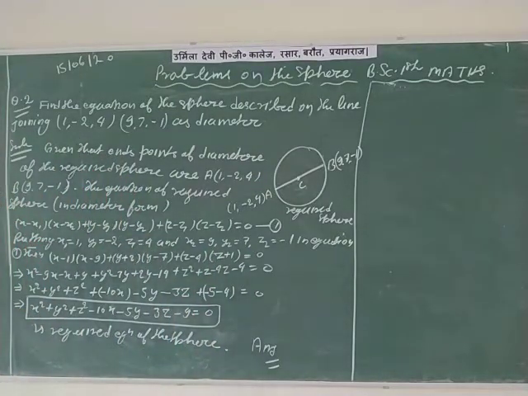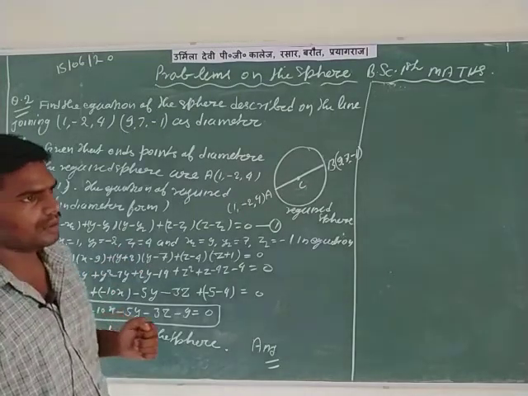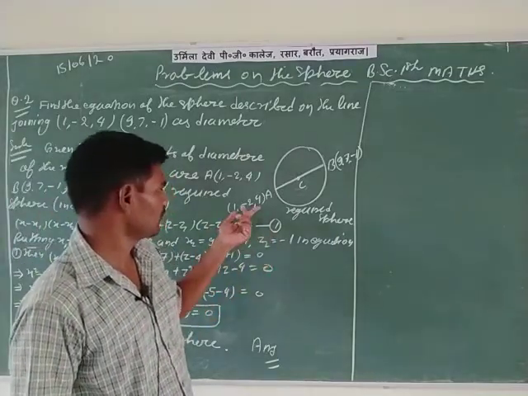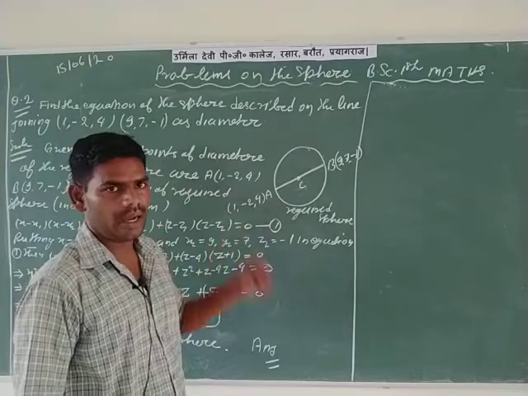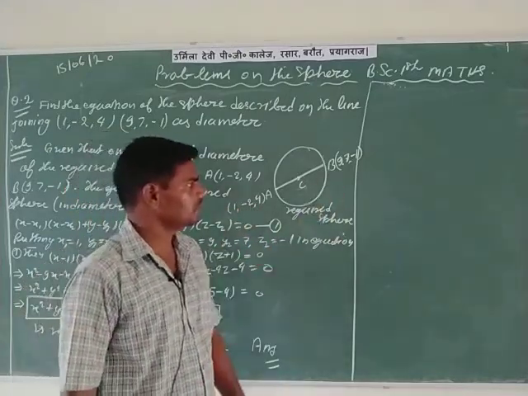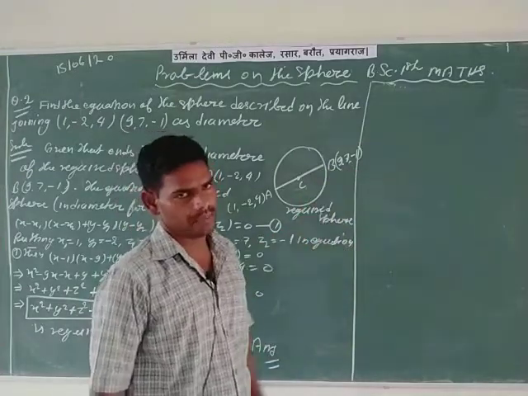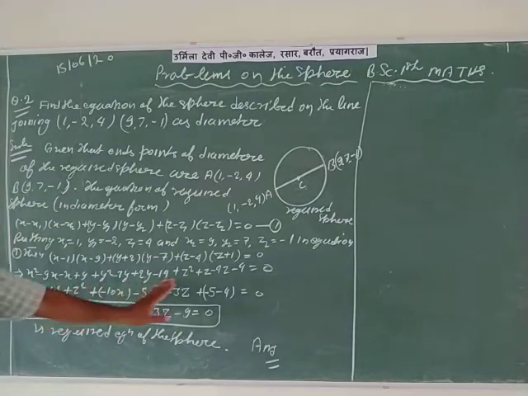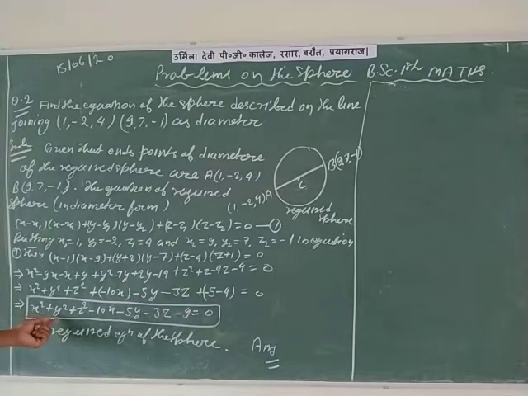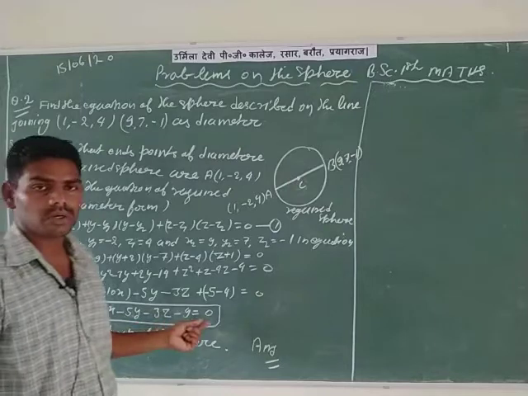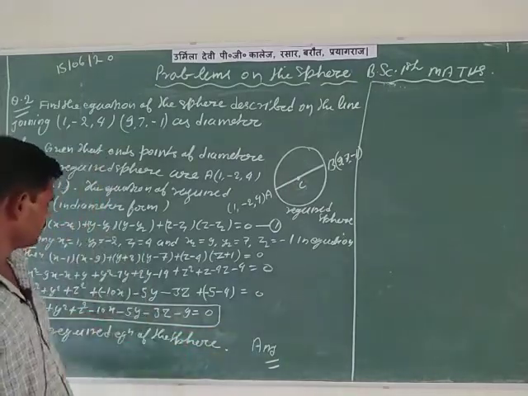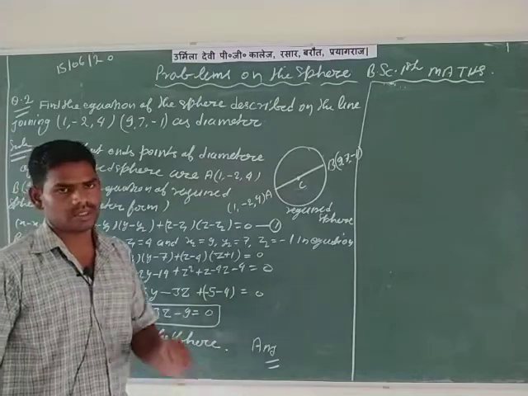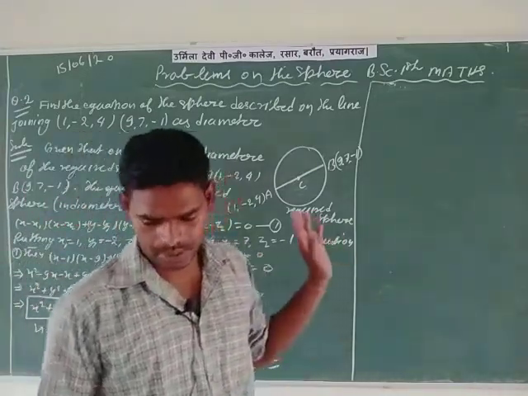In this equation, equation first, putting the values of x1, y1, z1 which you can find from the point capital A and the values of x2, y2, z2 from the point capital B. So putting all values in the equation first and after simplification it is x square plus y square plus z square minus 10x minus 5y minus 3z minus 9 is equal to 0, which is the complete equation of the required sphere. After this, take the next question.